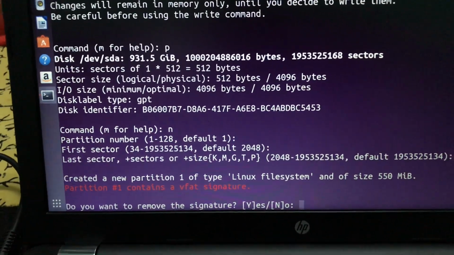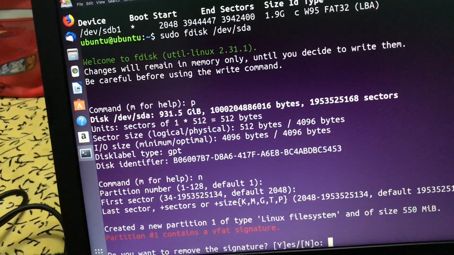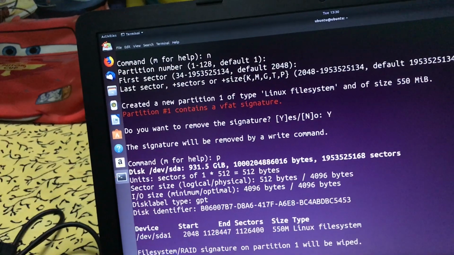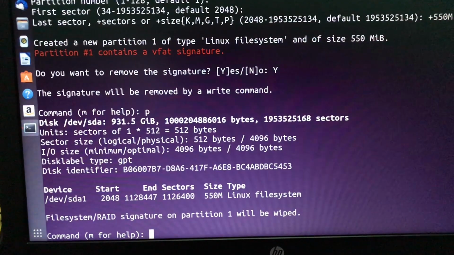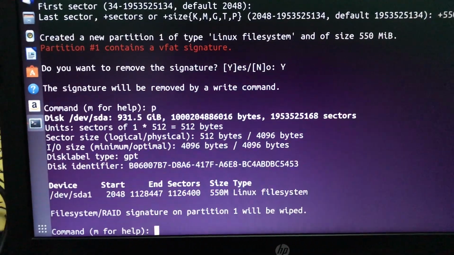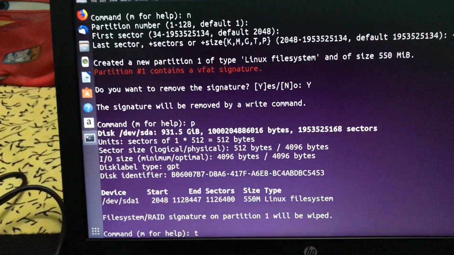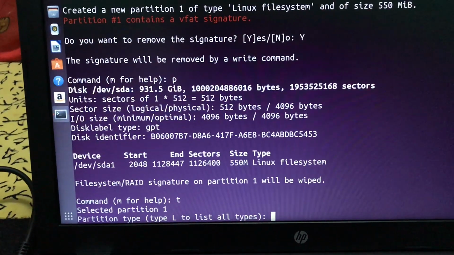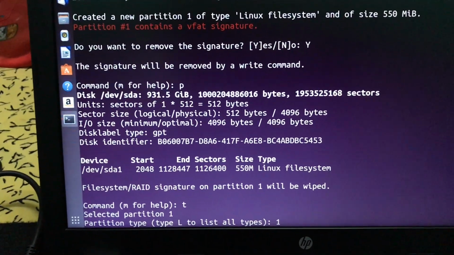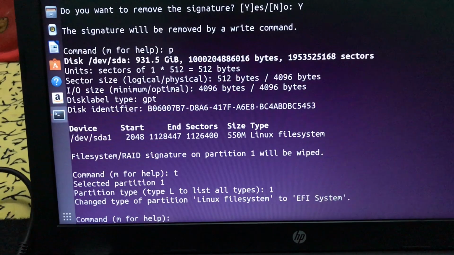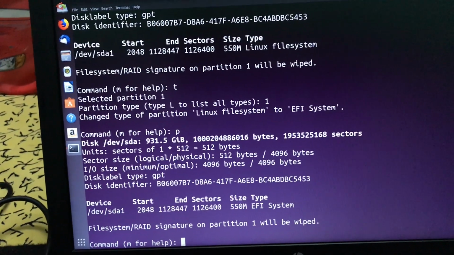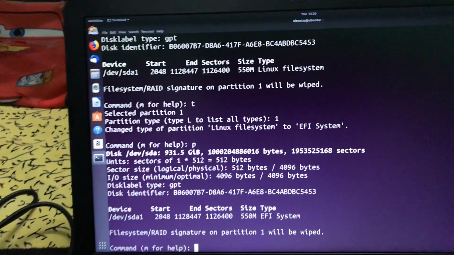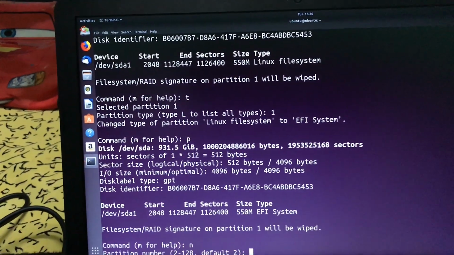So it will ask me whether I want to delete the signature which is previously present. I will say yes, and see the display. You will have the Linux file system. You need to change this type: T and press 1, as discussed in the last video. So 1 stands for EFI file system. So EFI file system is 550M, and I will create another file system